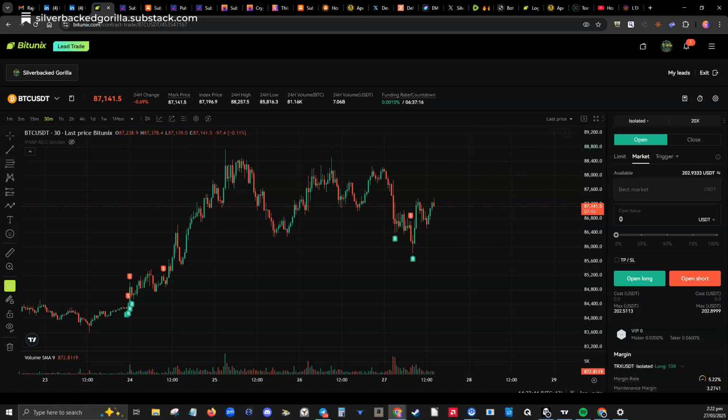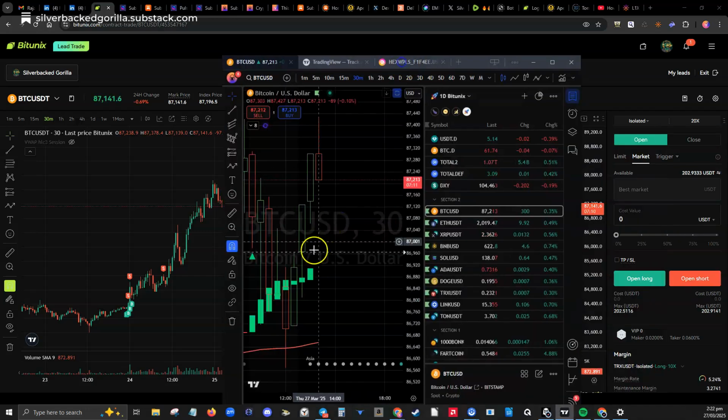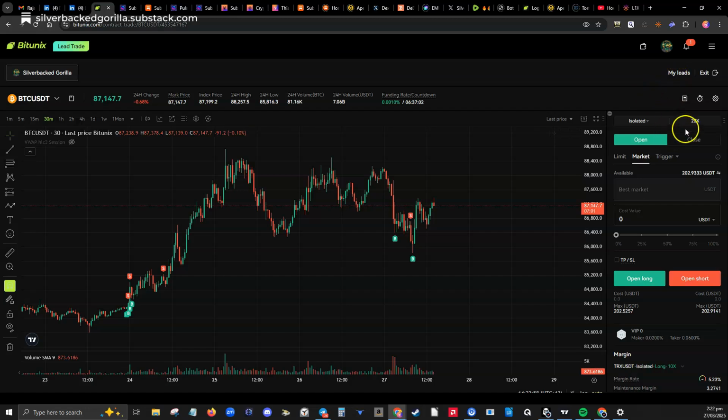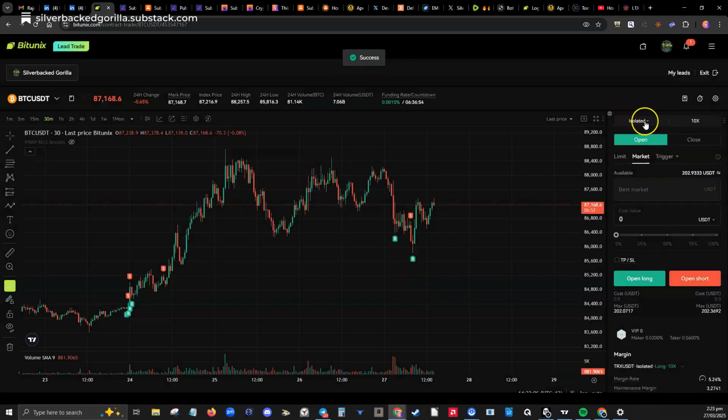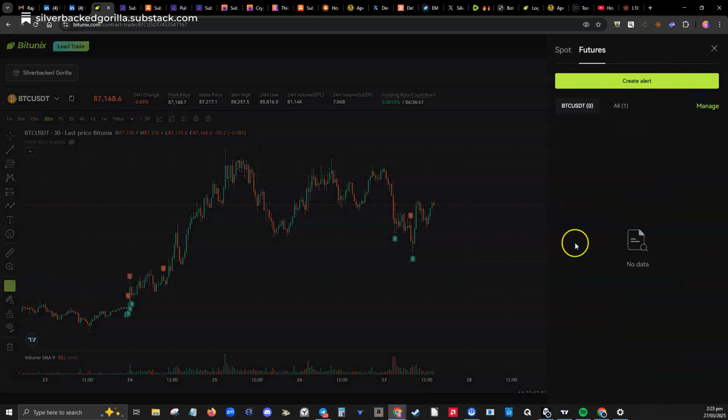I think I set it at 86,965. Sorry, so you can see here it was 86,965, right? So what you can do is come up to your leverage. If you're not happy with 20, just drop it down, okay? And also, obviously always make it isolated, not cross, unless you want it crossed. Come up here, there's price alert. Okay, so what price do we say? First of all, we'll create.